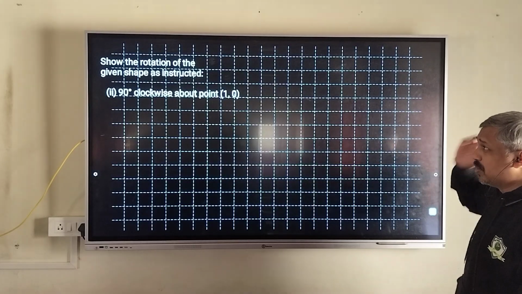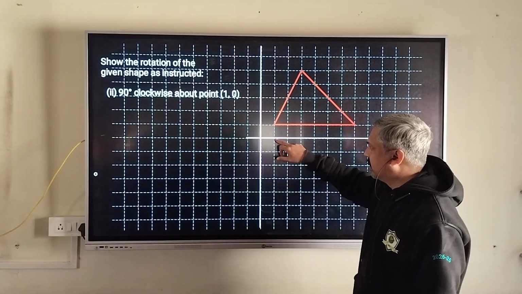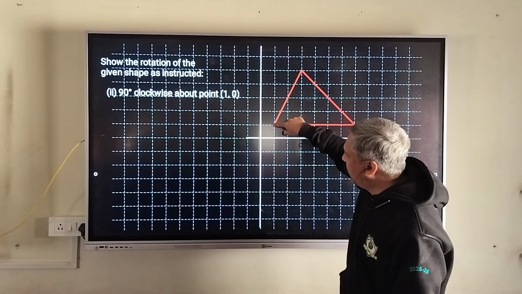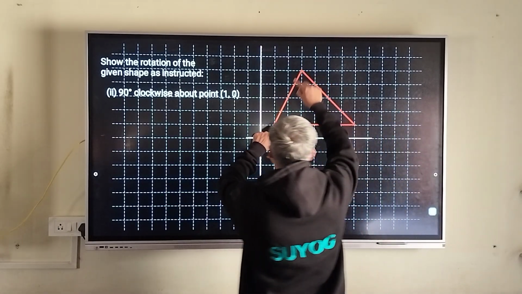90 degree clockwise rotation about not (0, 0), but about (1, 0). So (1, 0) is this point, about this point. Rotating about this point means this point is not going to change, this will remain as it is. But this point is